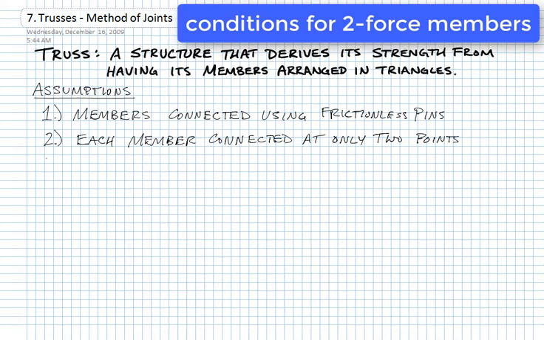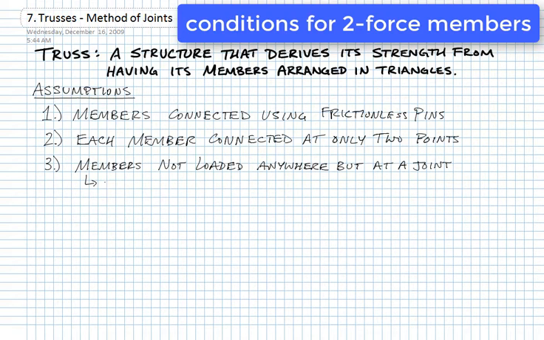And then finally we're going to make the assumption here that the members are not going to be loaded anywhere else but at a joint. What this would actually include is that we're going to assume the members are massless,